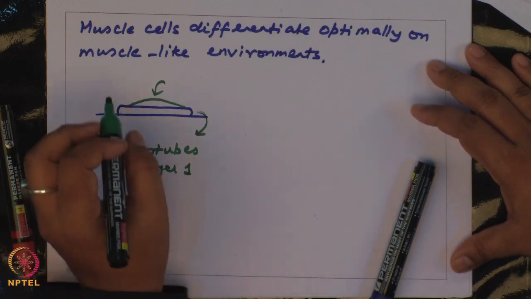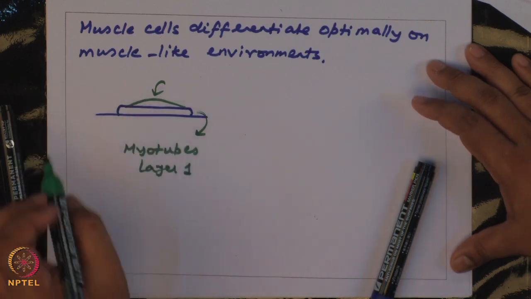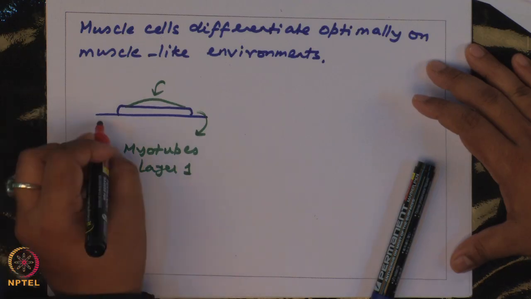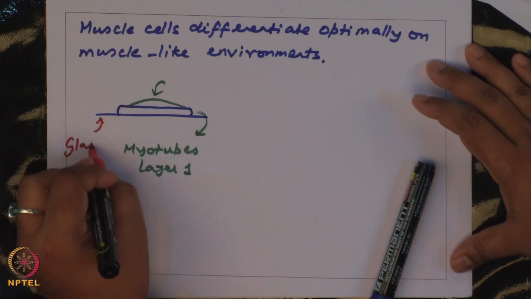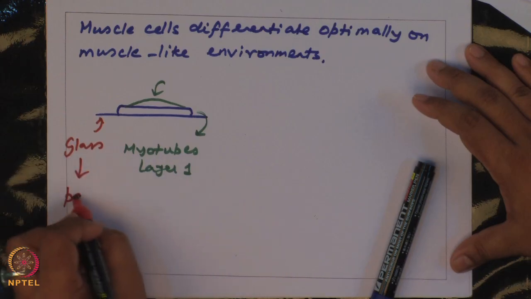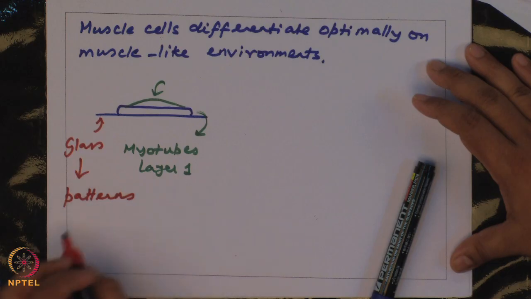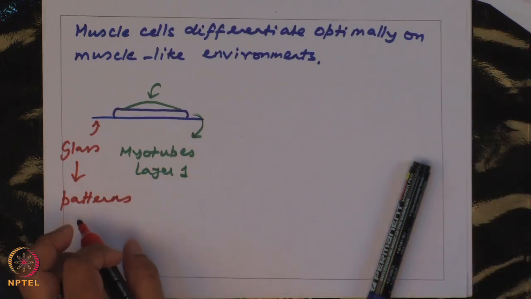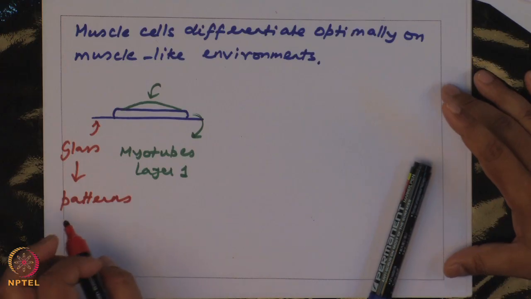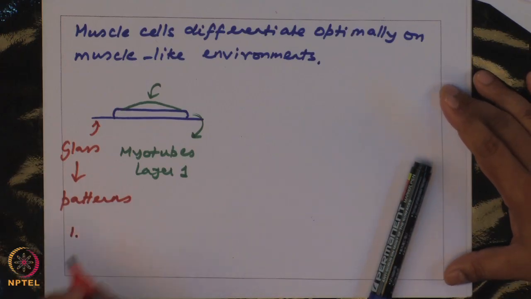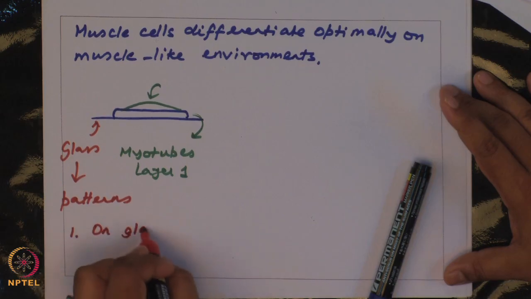These experiments were done on glass. So, this is a glass substrate where you again have patterns, so that you can get well defined myotubes. So, what the authors observed first was on glass substrates,